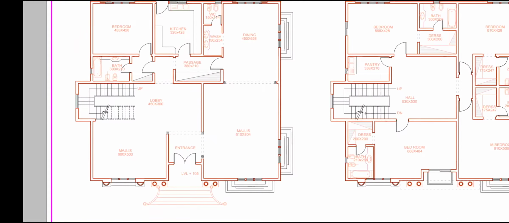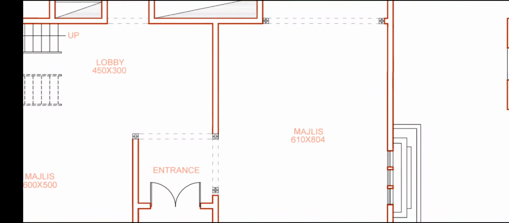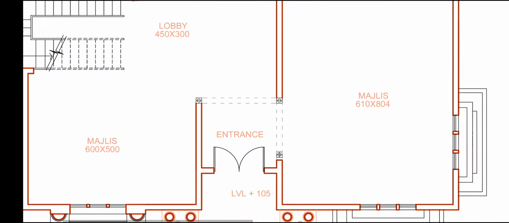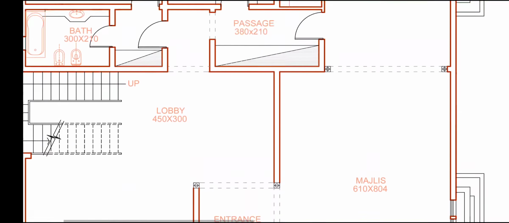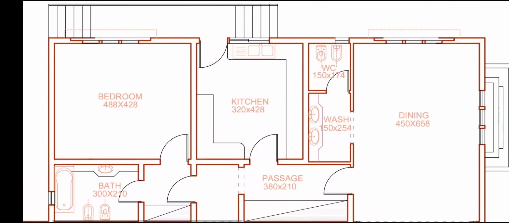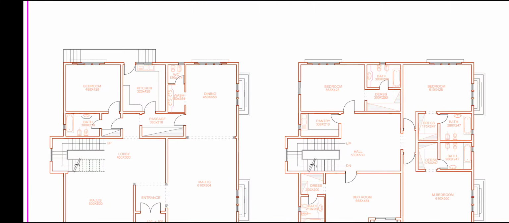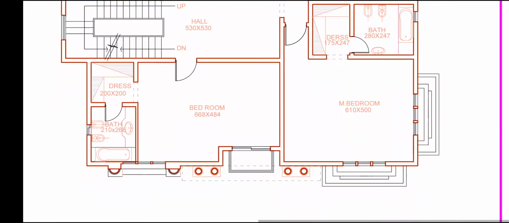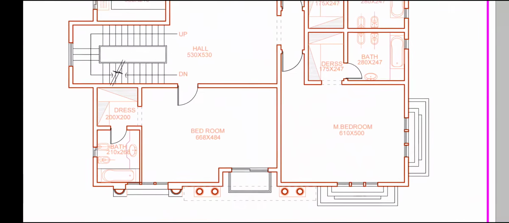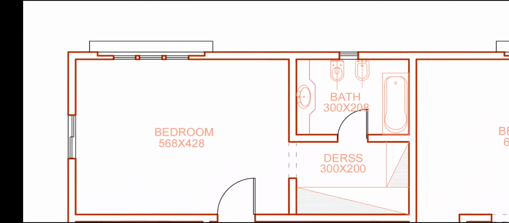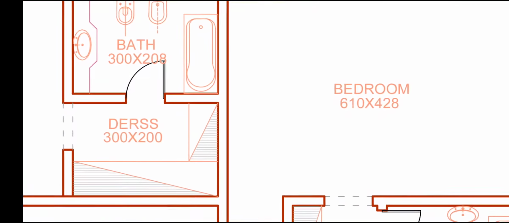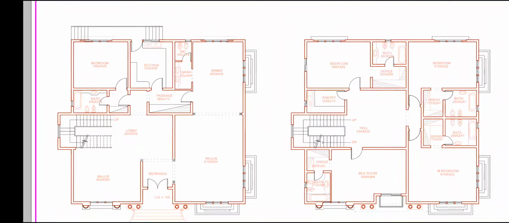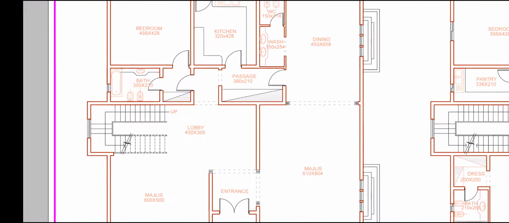You will see this majlis and this big hall, lobby, entrance, this dining, kitchen, washroom, this 1 bedroom, and this ground floor, this first floor, 1 bedroom here, 1 bedroom here. 4 bedroom, first floor, 1 bedroom, ground floor. We will see